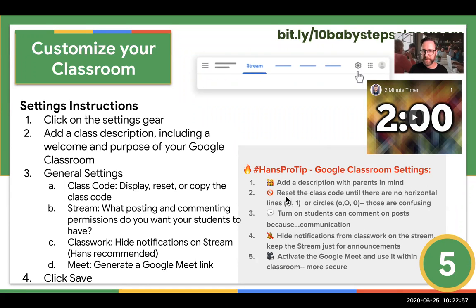Now for my pro tip people, for my advanced users, I want you to add a description to your classroom with parents in mind, especially for my TK through second grade teachers. And then also for the class code, I like to reset the class code until there are no,